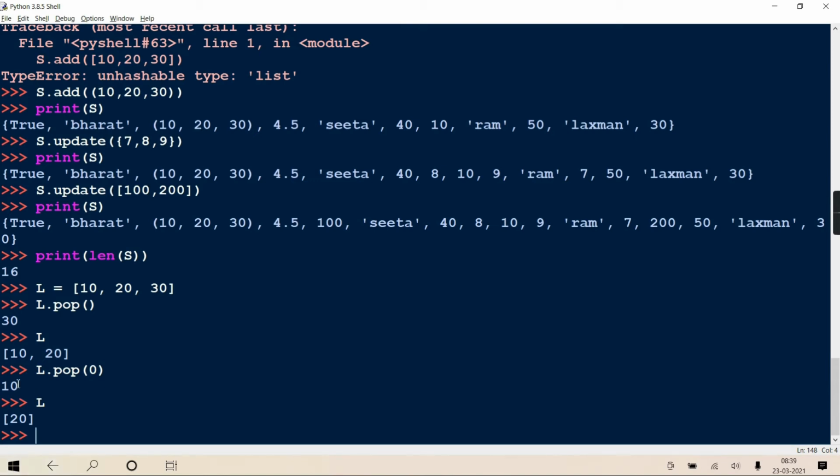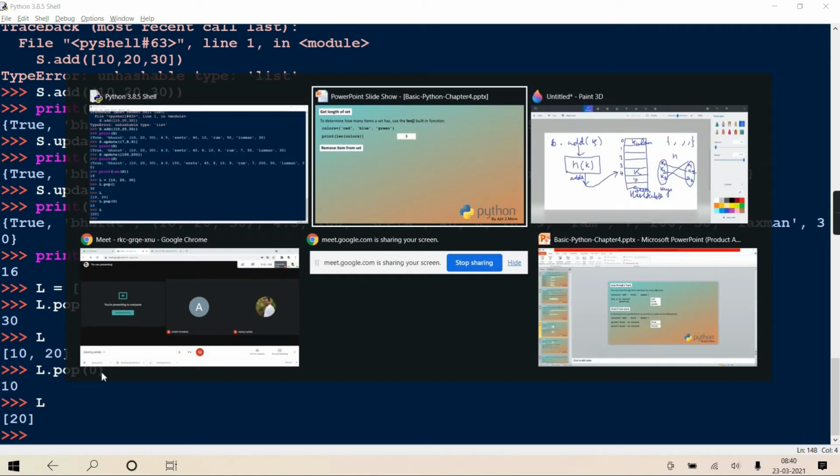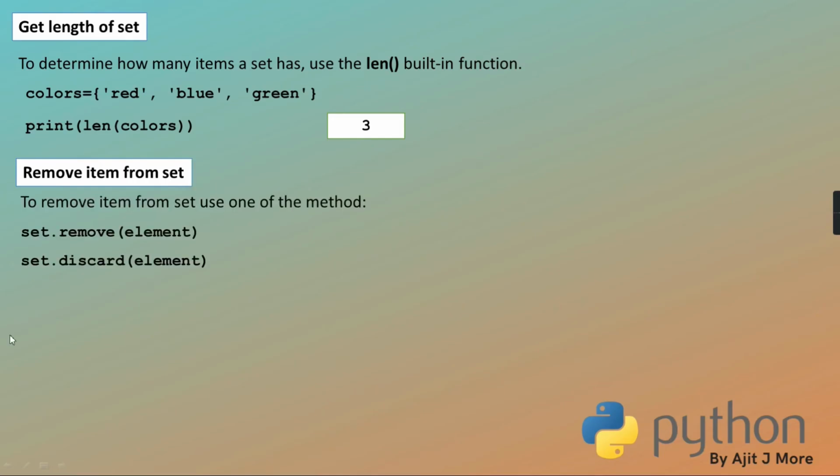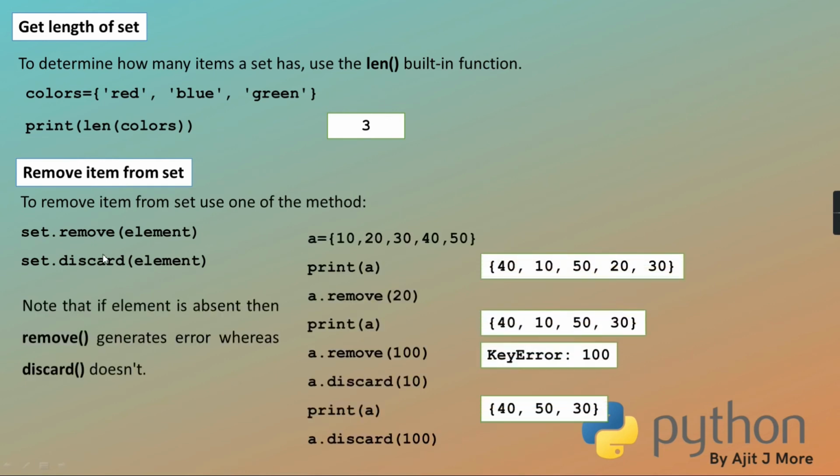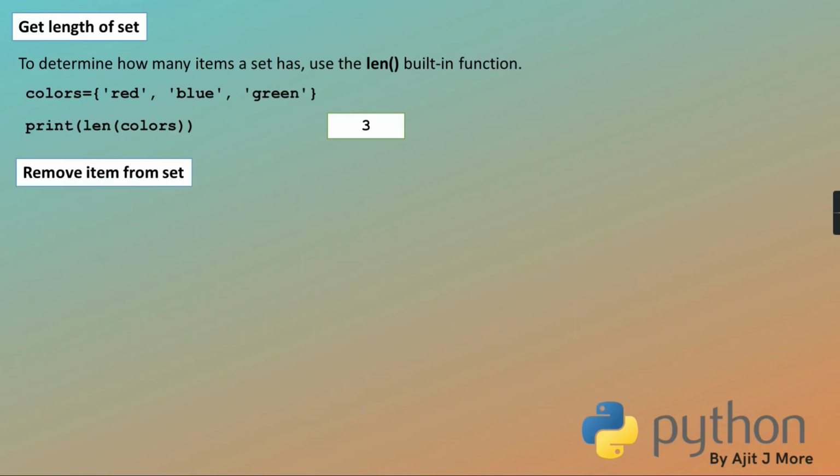But in this way, the pop method is applicable on set. Pop method works on set, but you cannot give an index to it, again because it is unordered. But if you give just pop and brackets, it will delete the last item. Whatever the last item is, that will get deleted. See, pop is there. I guess we have to discuss it on the next slide. So I discussed that pop on the next slide.